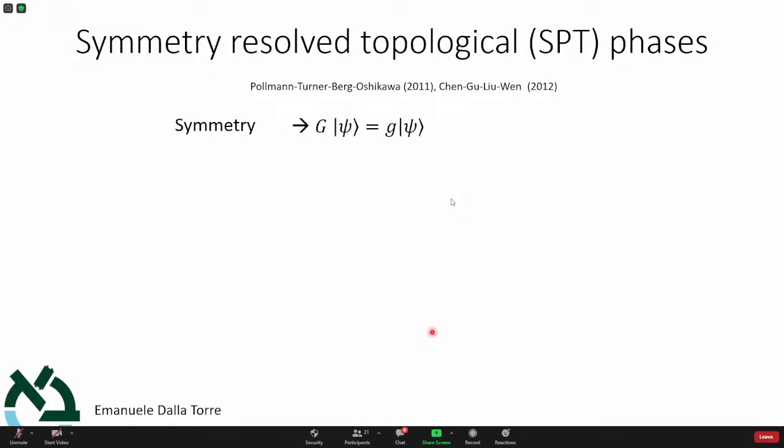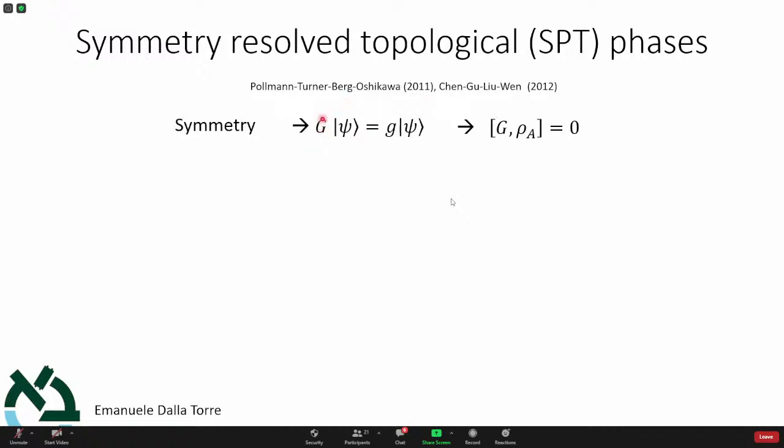And what does it mean? A symmetry means that there is an operator that commutes with your state. Right? That's the definition of a symmetry. So the ground state commutes with some operator. Now it's easy to show, but you really need to do that. I was not convinced until I did it on the back of my envelope.